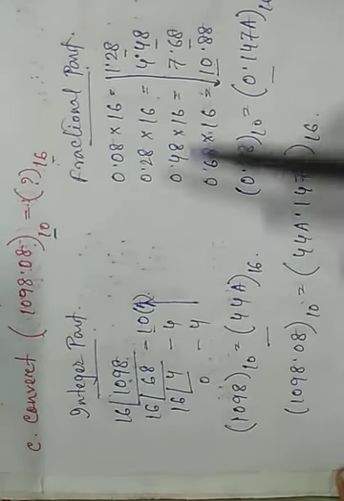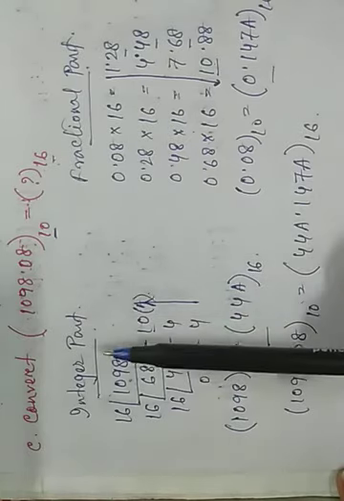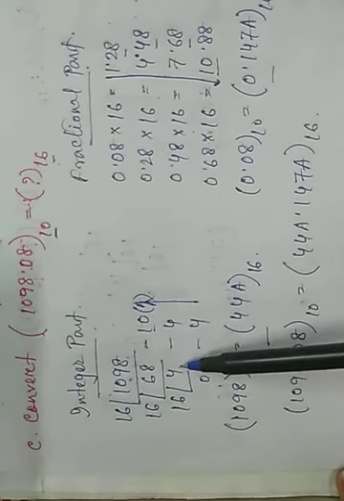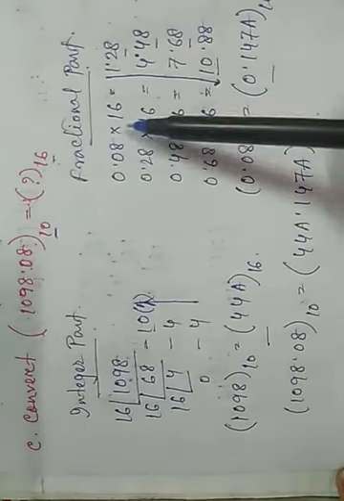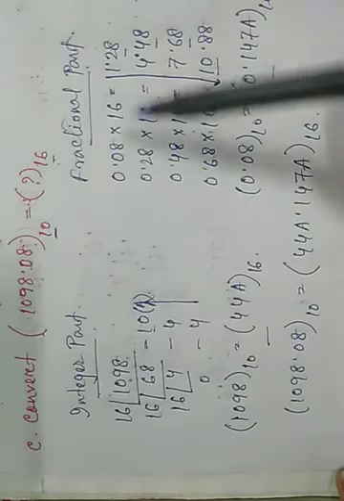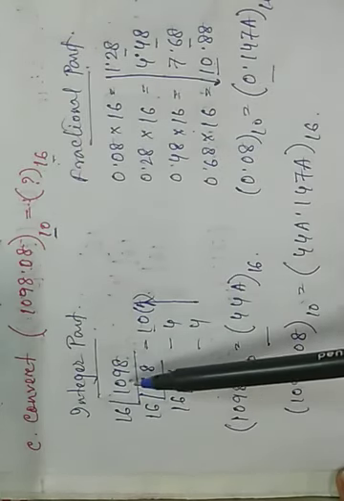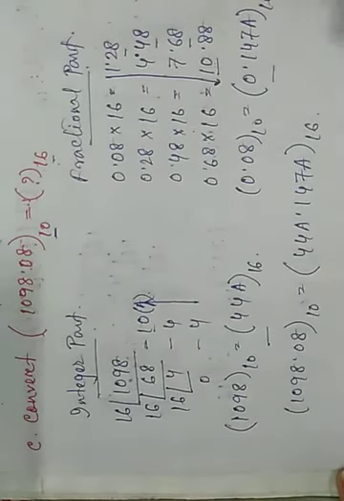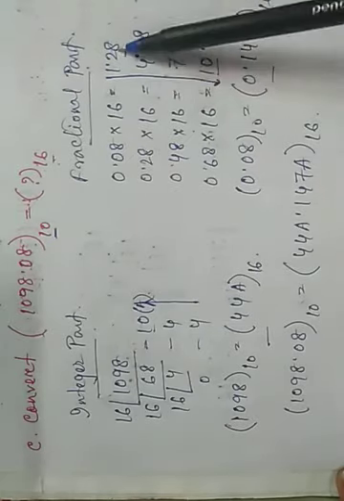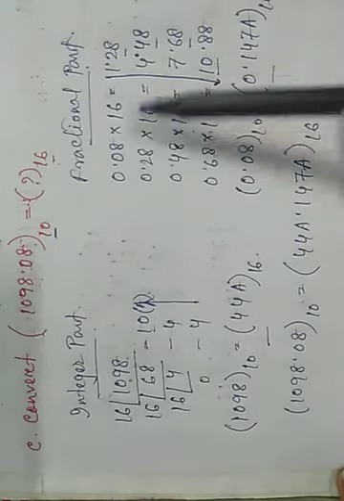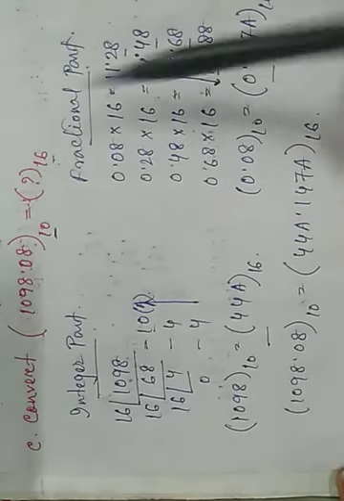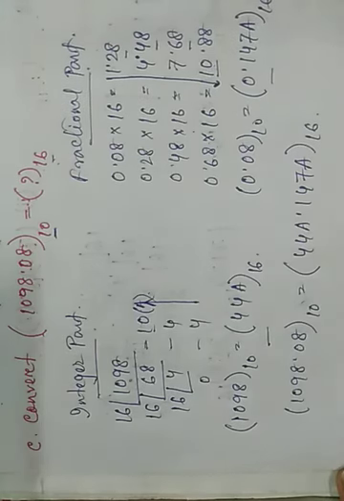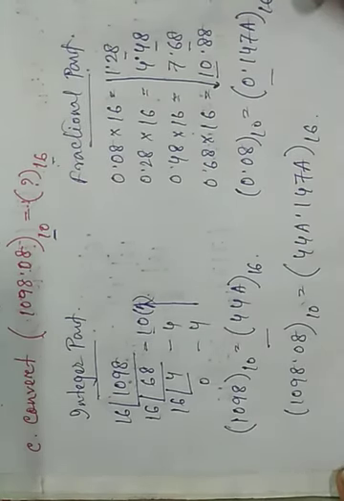Again I am telling you, this is very easy. Whenever we are going to convert a decimal number system into another number system, we have to divide by the base for the integer part and multiply for the fractional part. You must know how to do division and multiplication of a decimal number. If you put the decimal places wrongly, the number will be wrong. Okay, hope you all know how to do division and multiplication.